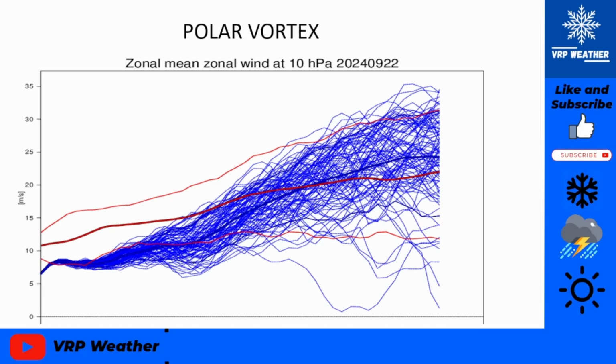But something I've learned is that, yes, we're starting out weak, for sure, and we're going to stay weaker than average all the way until October 20th. That's where we're going to start intertwining and going stronger than average, believe it or not, getting into late October. And so that tells me it doesn't really matter what we are right now.